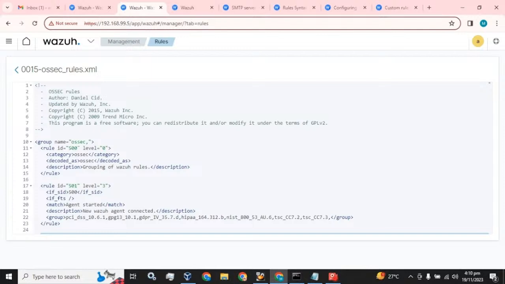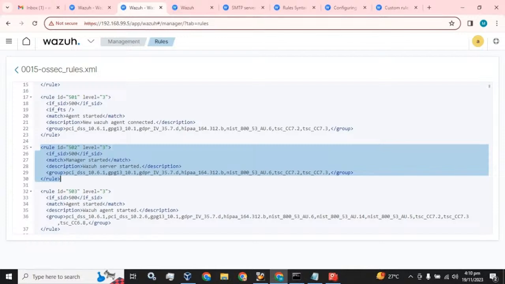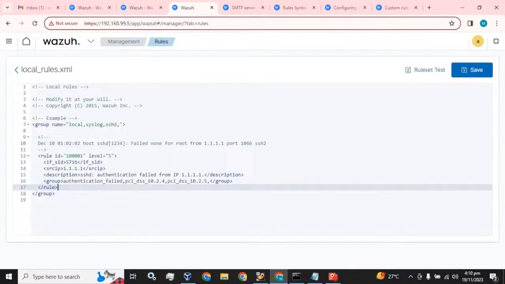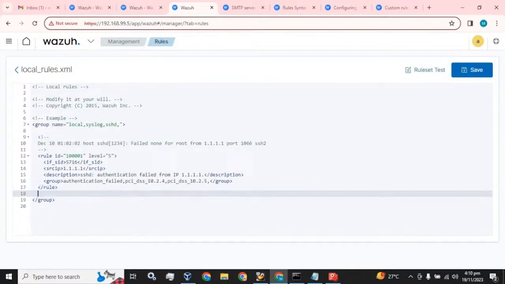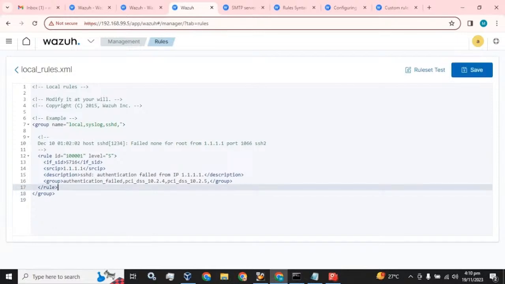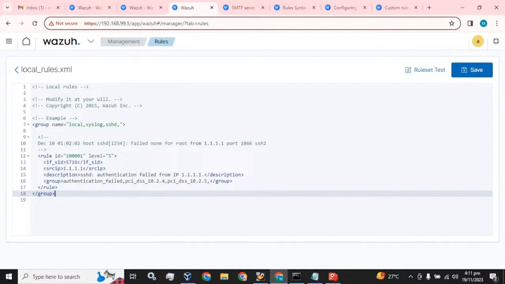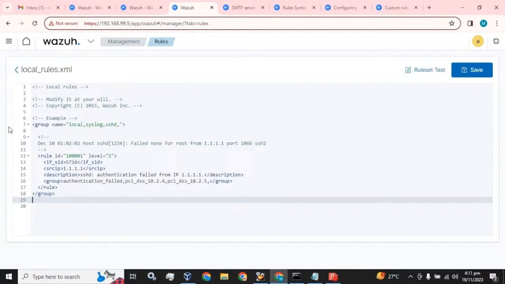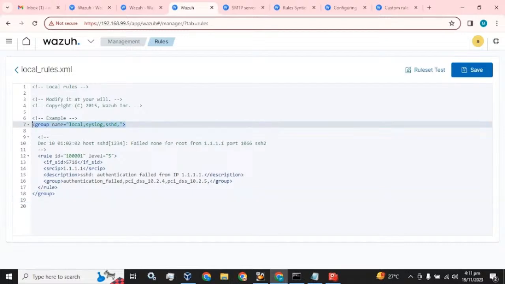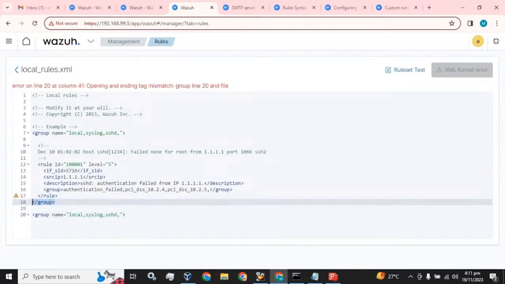group over here is OZEC. You can write this new rule in this part, or you can write it in a separate part. If you are going to write this rule in the same part, you will add the OZEC group name over here, and this rule syntax down here. If you want to write it separately, you just have to copy this, paste over here, and